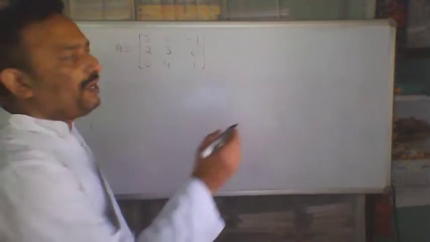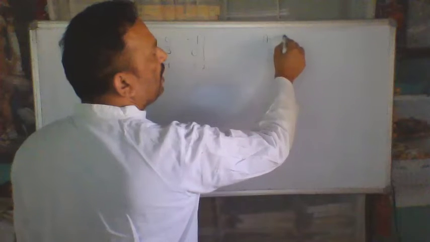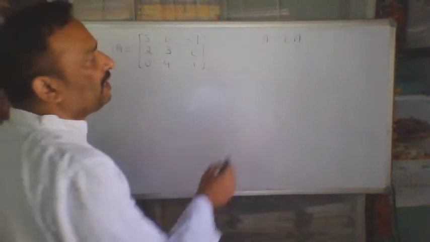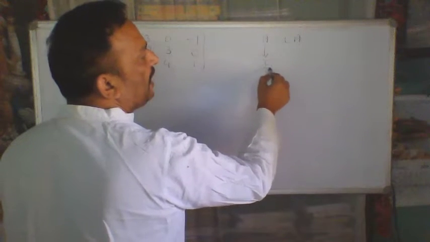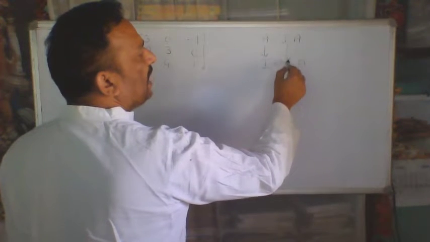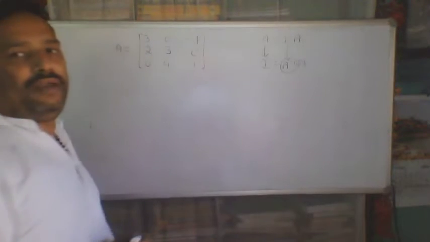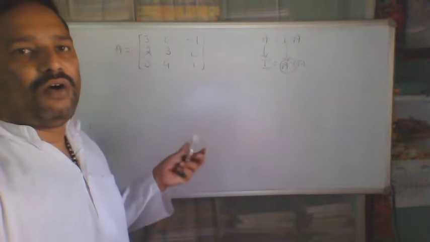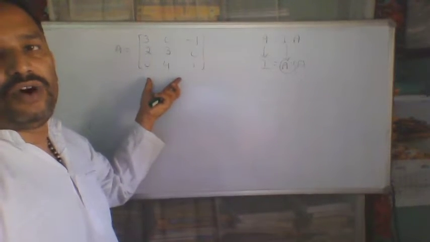And the concept, which we have already discussed, is that if we can write A is equal to IA, and we take some operations or transformations in such a way that this A becomes identity and the other A remains the same, then this I will automatically transform to A inverse. Let's see how we will use this phenomenon to find the inverse of this matrix.